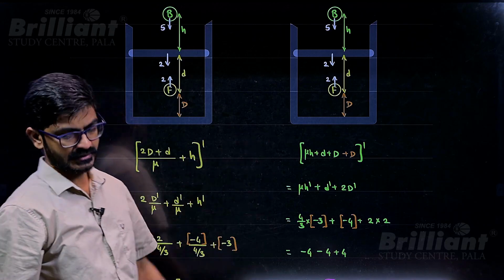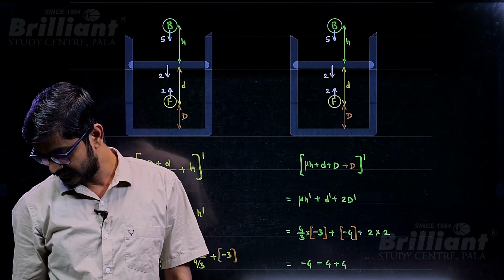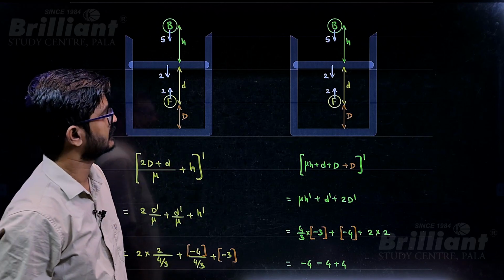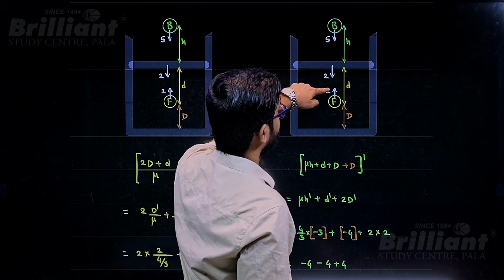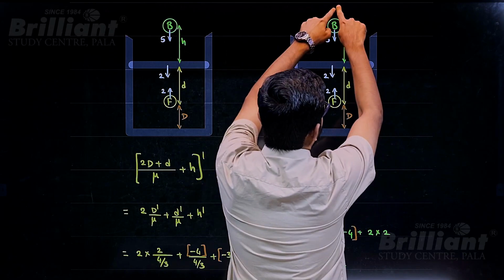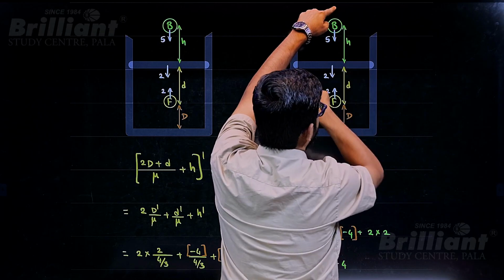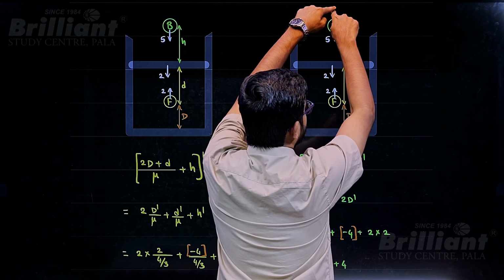Now similarly we will go here for the fourth option, the speed of the bird as seen by the fish after reflection from the mirror. So the bird is here. Now the rays which are entering the water, after refraction we will be feeling like they are coming from here, which is mu into h. Now this will act as the object